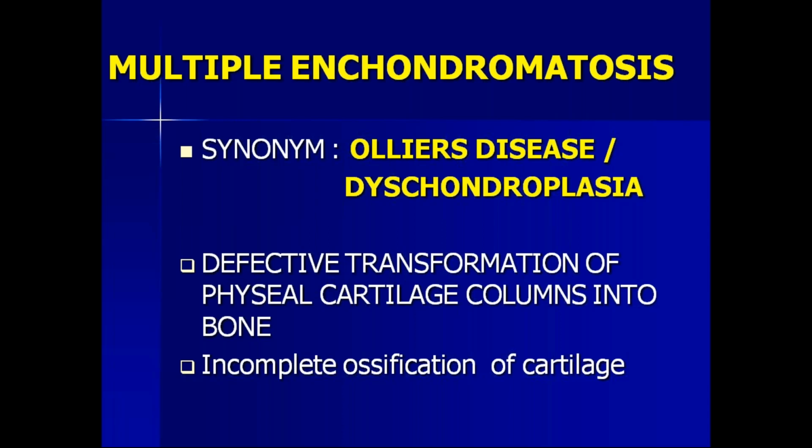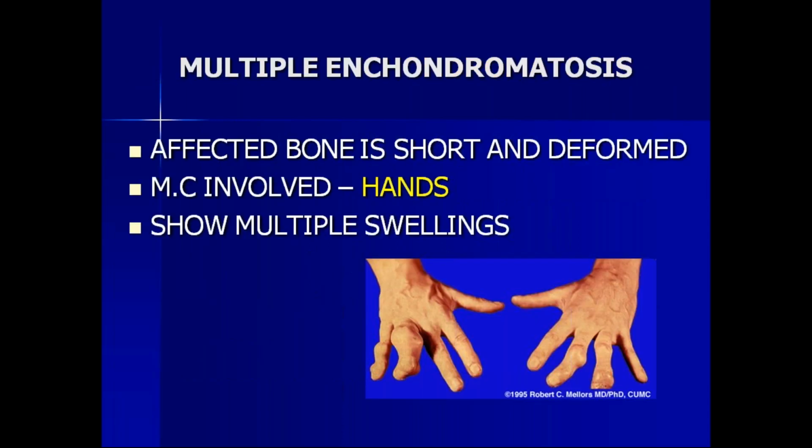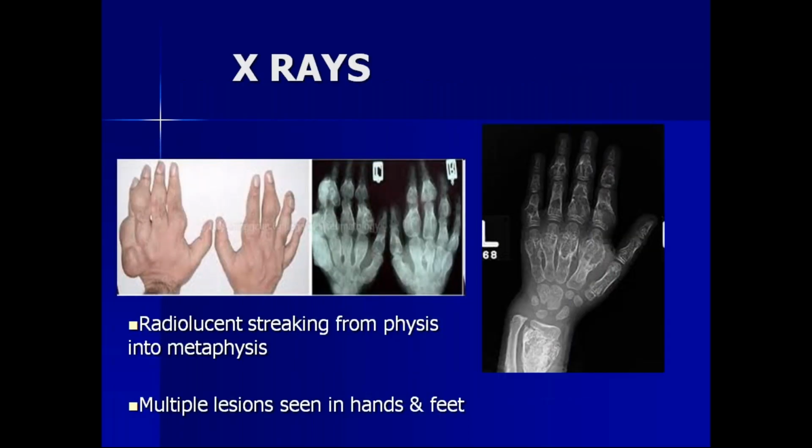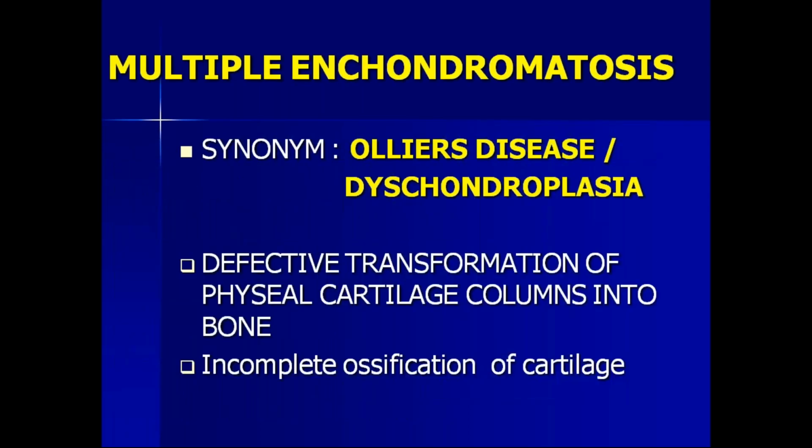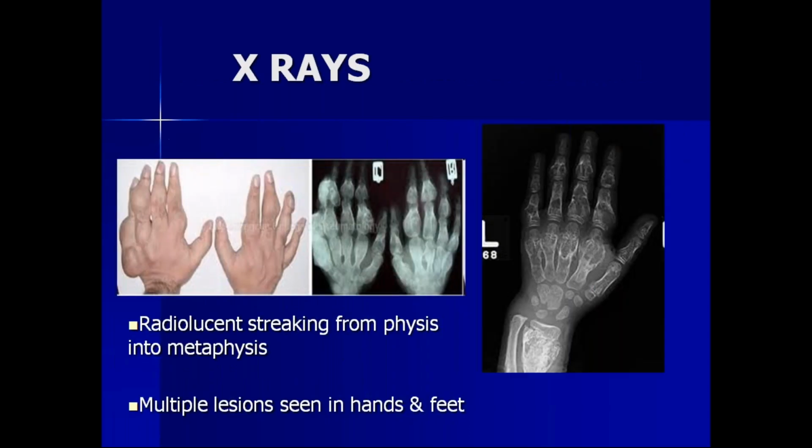Multiple enchondromatosis is Ollier's disease. Enchondroma is different, where you have a cartilaginous tumor inside the bone marrow. If you see swellings of the finger, you can most probably be correct if you say it is an enchondroma. Enchondroma is inside the bone, there is a cartilage tumor. So enchondromas mostly affect the hand, and multiple enchondromas are known as Ollier's disease. Ollier's disease is multiple enchondromas.